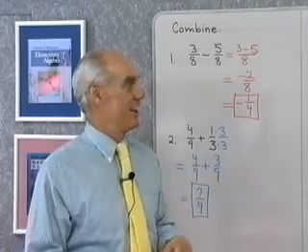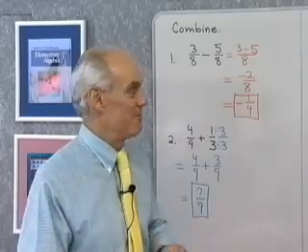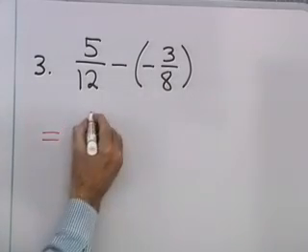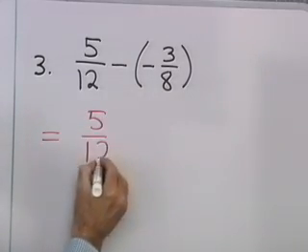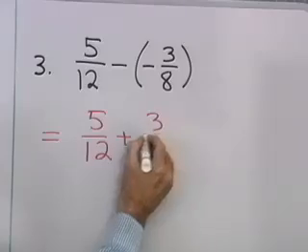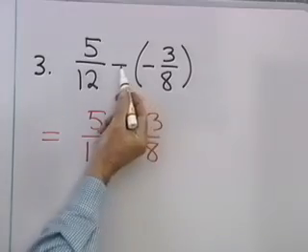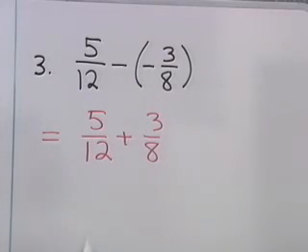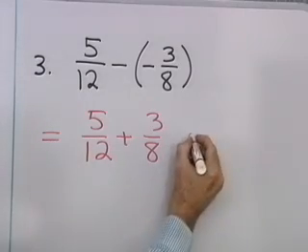Let's look at another problem, a little bit more complicated. Have 5/12 minus negative 3/8. I'm going to rewrite this as 5/12 plus 3/8 to begin with, because I know that subtracting a negative number is the same as adding its opposite. Now I see that I have denominators of 12 and 8, so I'm going to build a least common denominator over here